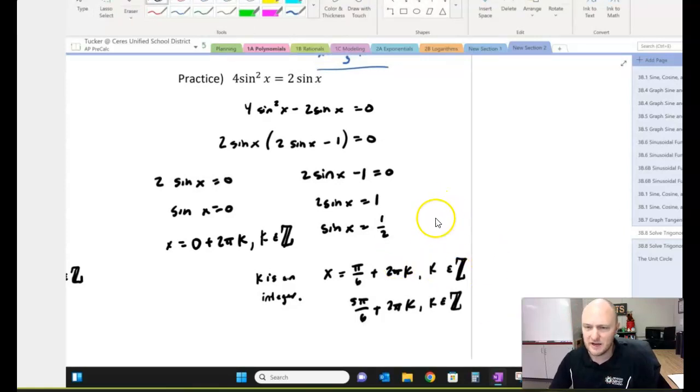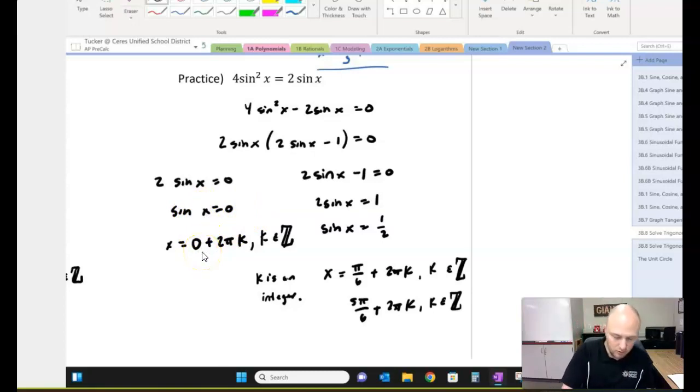Shame on me. It had to do with our second solution in solving the trigonometric equation after we took out a GCF of 2 sine x. On the equation 2 sine x equals 0, sine x equals 0, that occurs at two locations. Your y value is 0 at the North Pole and the South Pole. So I just want to make an adjustment here also. I'll add this answer in blue. That x is also equal to pi